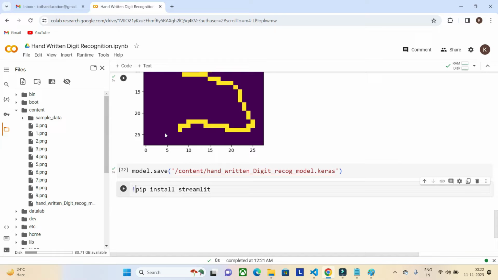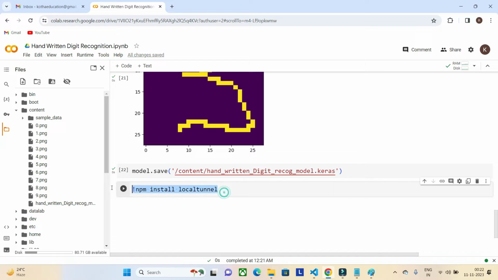After installing Streamlit, the next thing we have to use is npm install localtunnel. What exactly this local tunnel does is it gives a platform to run our applications as web applications. Instead of pip, we use npm install localtunnel.